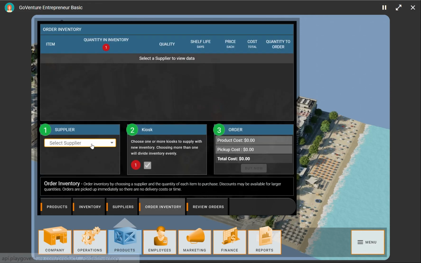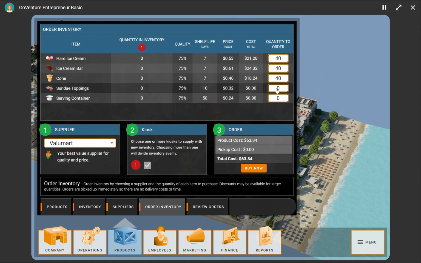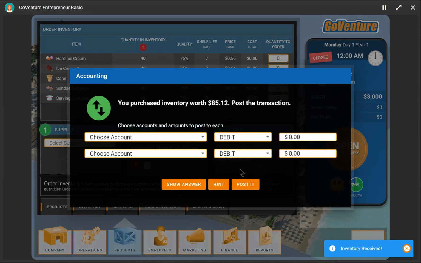So if I go to order inventory, maybe I'll choose Value Mart, somewhere in the middle, to get started. And I can see what Value Mart's prices are, which might be different than Low. In fact, we know Low's prices are going to be lower. But let me choose Value Mart, and I can choose a quantity of items to order. I can either click these buttons here, or I can click these quick quantities that'll give me some discounts as well. All right, so let's buy this inventory. To buy it, I can see the total cost is going to be $85, and I'm picking it up. So it's not being shipped or delivered, so there's no cost for that. I can get this inventory immediately for $85. Let's buy it. Great, we purchased it.